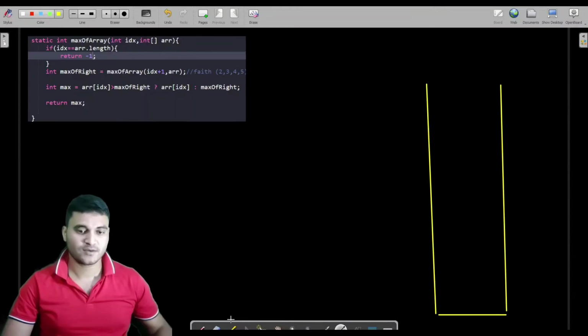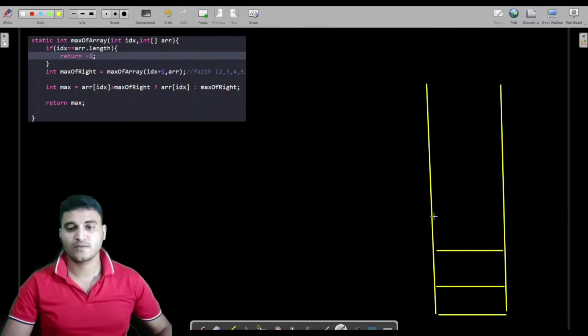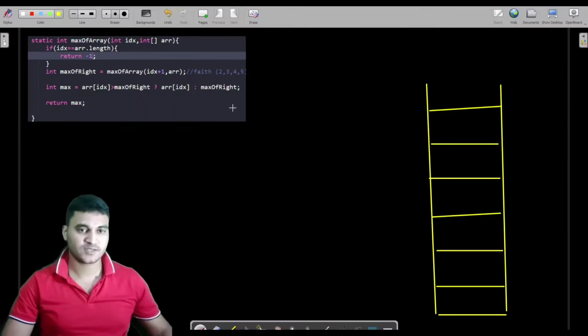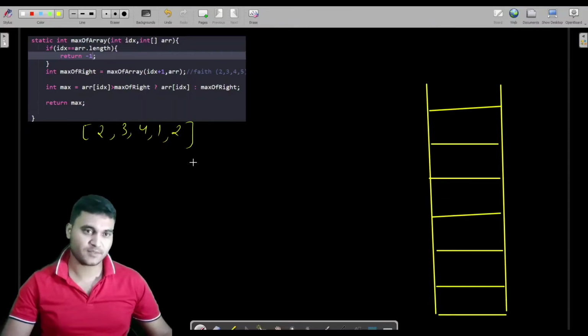Fine. So let us not take a big example. Let us take the example of a 5 size array, which is 2, 3, 4, 1 and 2. Fine, because we may have repeated elements.